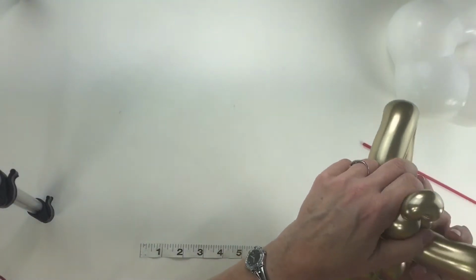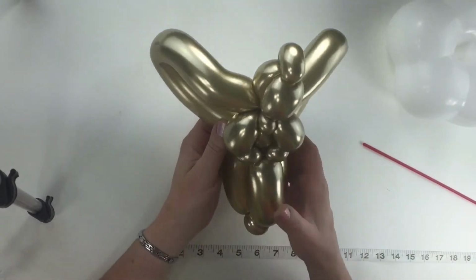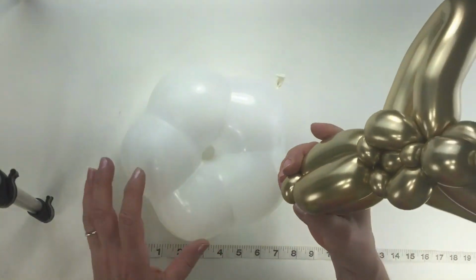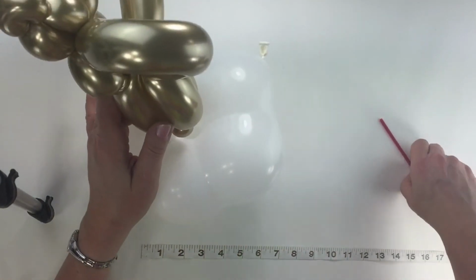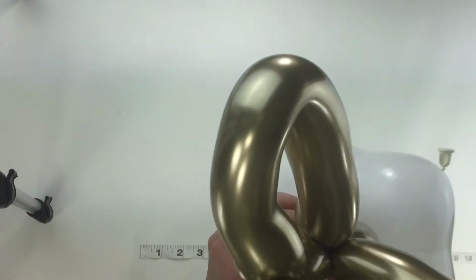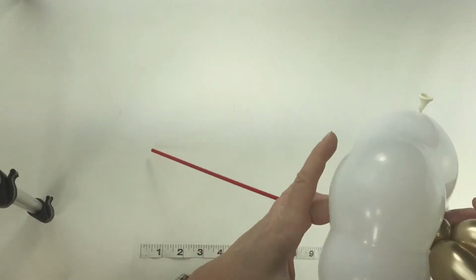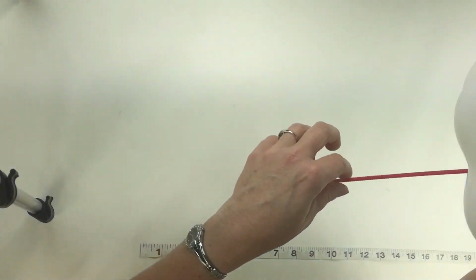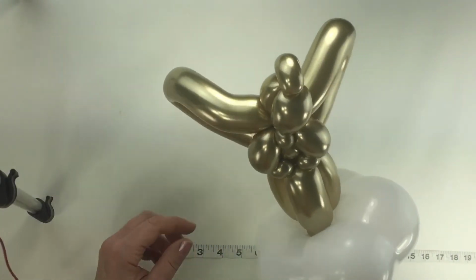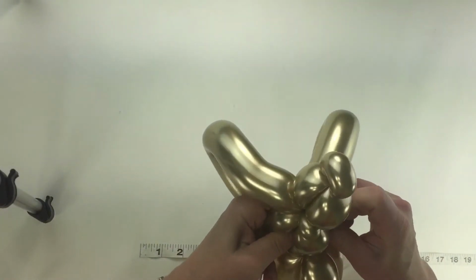And then I'm going to tuck this right like that, and then you take your angel and you're going to take your geoblossom, blow that up and tie it, and then I'm going to put my stick through and wedge this in, and this little bubble at the bottom is going to kind of tuck right in to the geoblossom like that, and then you have an angel on a cloud. It looks like her belly bubble came out. I'm going to tuck it in a little,